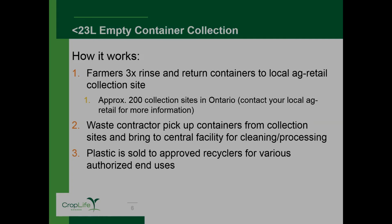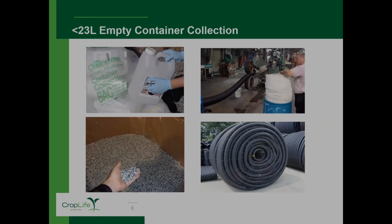They're transported to a central processing facility where typically they're, in some cases, cleaned and then further processed, and then ultimately where all the plastic goes is it's sold to a suite of approved recyclers that have a very specific environmental health and safety regime, and ultimately that plastic is going into various approved end uses. Typically, right now, a good majority of that product is going into field drainage tile, as an example of a number of